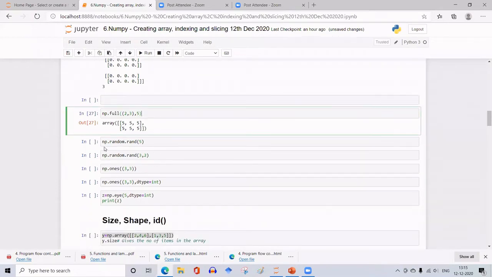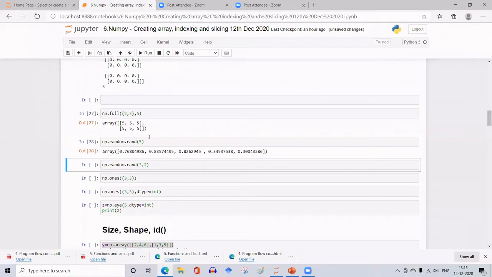Next, here is another feature of NumPy. We can generate random numbers of any dimension. So random.rand will generate random numbers. How many will be given within the bracket. So random numbers between 0 to 1, all fractions. This forms an array with 5 elements.